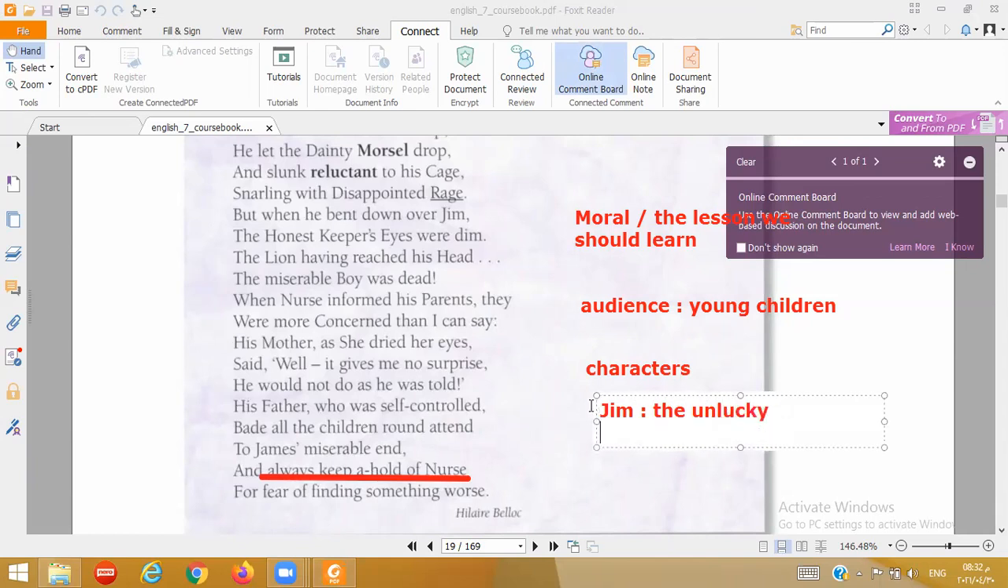Okay. Nurse, the careless. Okay. The lion, starving,